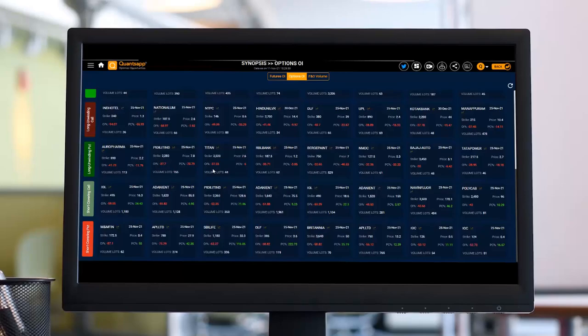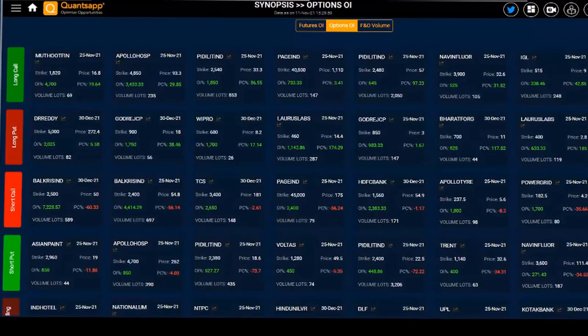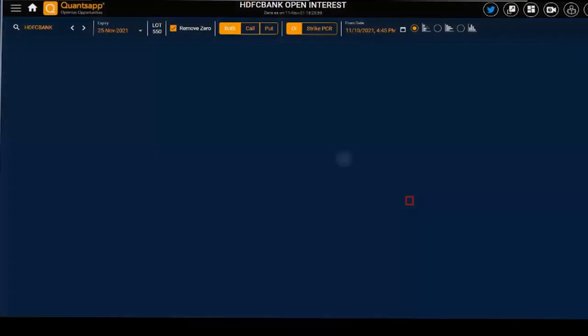So now talking about the next step, let's say I am seeing TCS, HDFC Bank where a short call is happening, OI is getting added on the call side in a very huge quantum. I will not directly go ahead and sell a call over there. Instead of that, I will go ahead and analyze it even more.